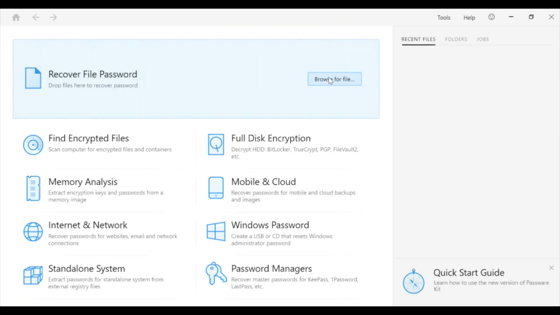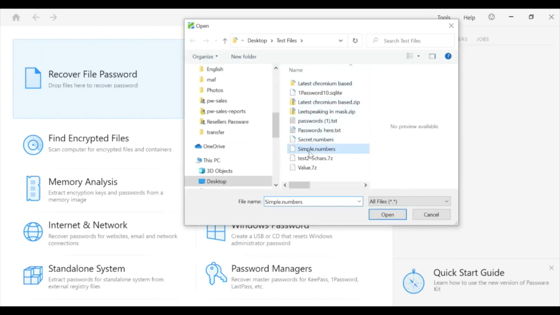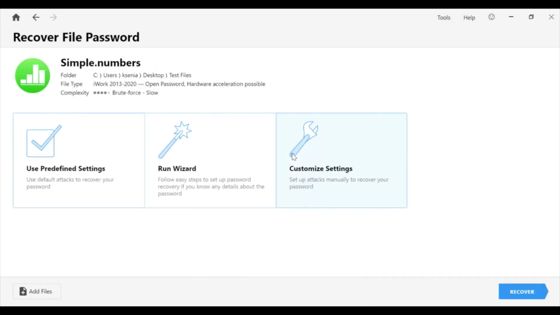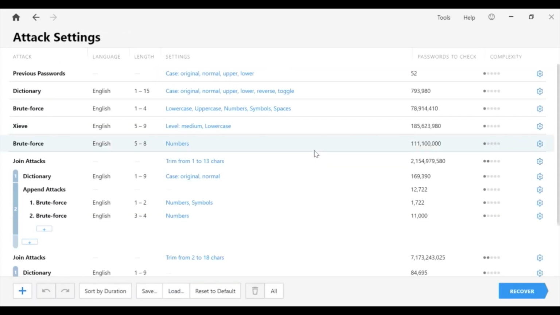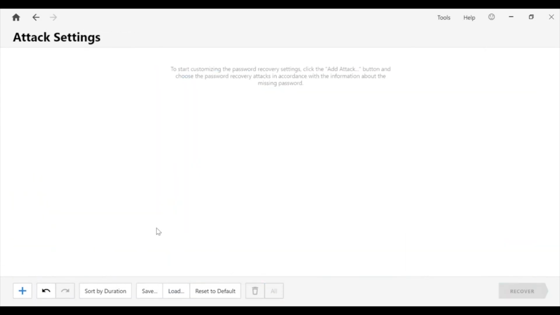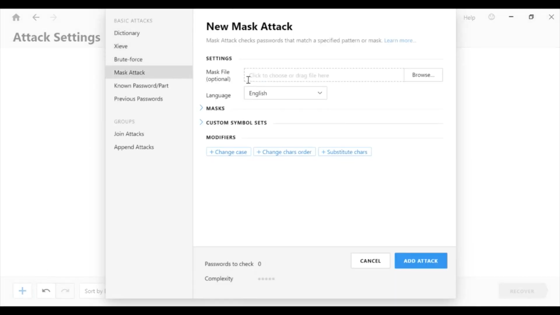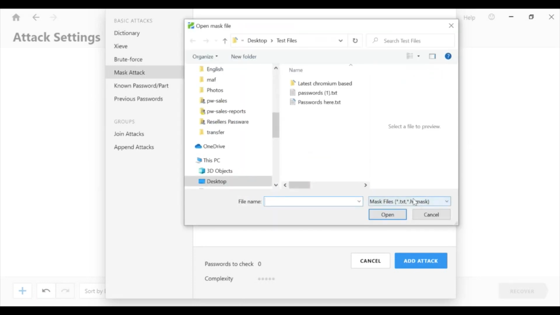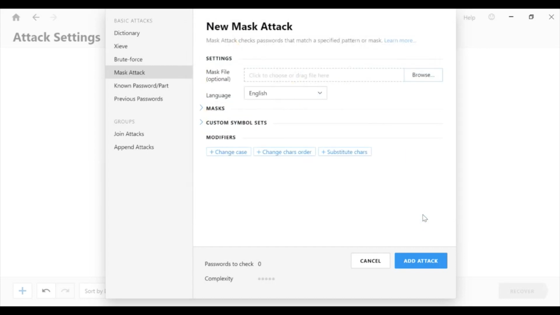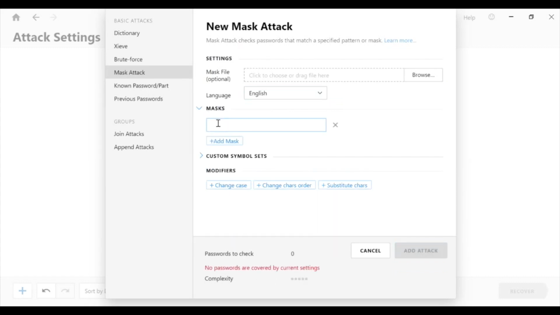So if we launch Passware Kit Forensic and we browse for a file, we'll pick this simple numbers document here and do customize settings. So first thing I'm going to do here is remove all of the existing attacks and add a new attack, which is a mask attack. Now at this point we have the opportunity to pick a hashcat mask file which we can load in, but in this particular case what I'm going to do is create a new mask from scratch, which is done from this option here. So I'm going to add a mask,